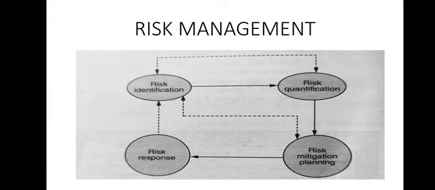Just like every project, a testing project is also facing risk. Risks are the events that could potentially affect a project's outcome. That means output can be affected. These events are normally beyond the control of a manager. You can see the figure. Basically, it entails four things: identification, quantification, response, and mitigation planning.